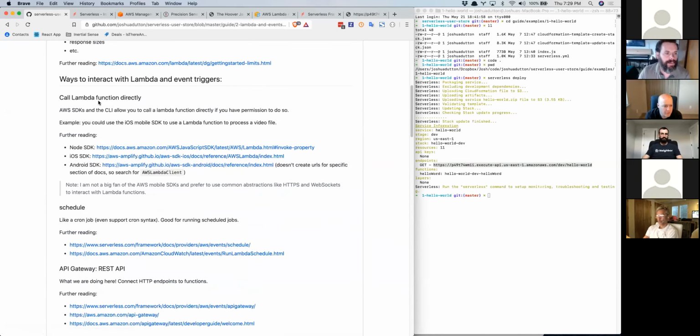All right, so you can call a Lambda function directly, and I point out that you can do this from the iOS and Android SDKs, but I don't recommend that because I personally kind of hate their mobile SDKs. So I much prefer doing an abstraction like an HTTP gateway interface to it. And let's see what else. Oh yeah,